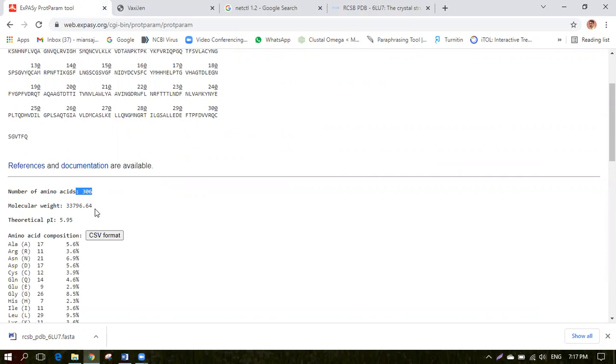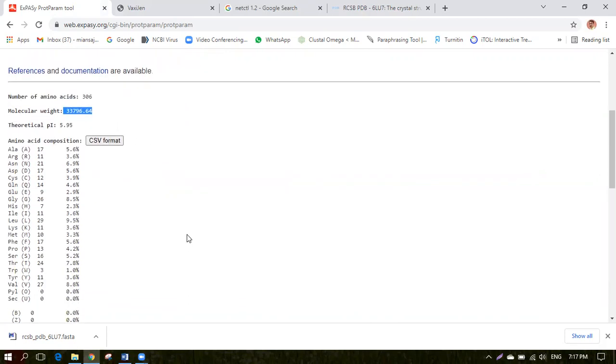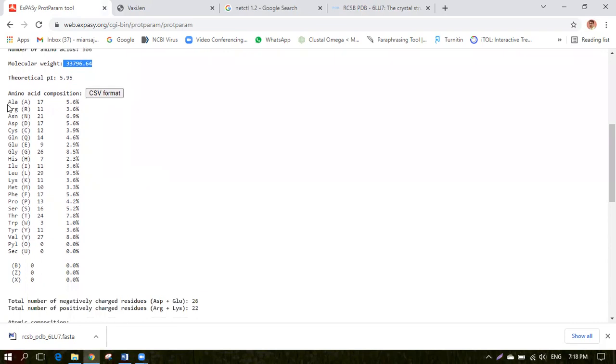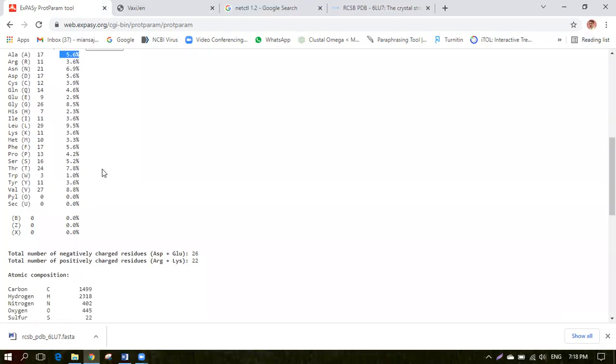If we talk about molecular weight, our protein has 33,796.4 molecular weight, and the theoretical pI is 5.5. One more most important piece of information, the amino acid composition, is shown. Alanine has 17 residues and an overall percentage of 5.6 in the protein sequence. Similarly, from top to bottom, the last one shows only